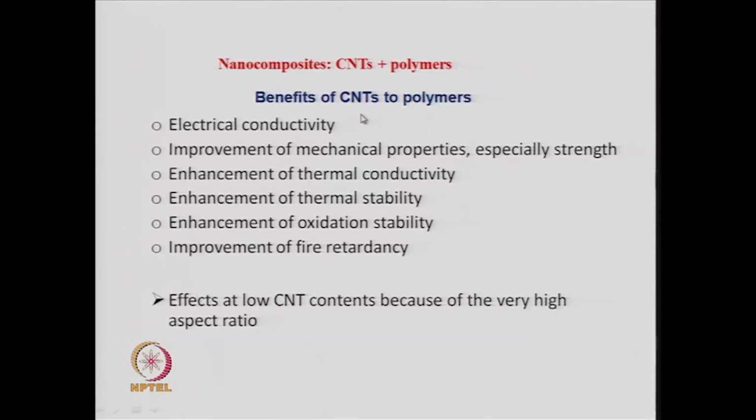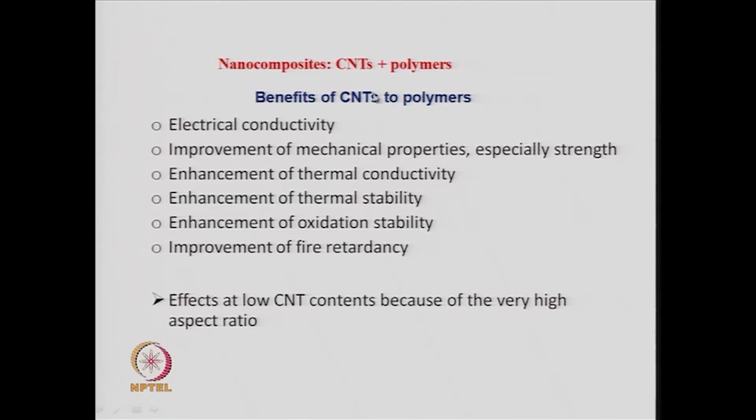So, the nanocomposite made with such carbon nanotubes will show such high electrical conductivity. Then you can improve mechanical properties, the mechanical strength, you can improve thermal conductivity, you can enhance the thermal stability